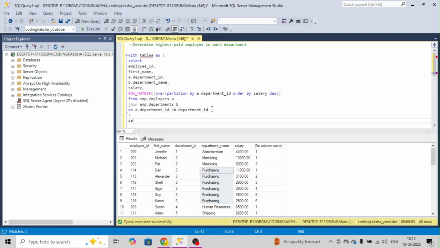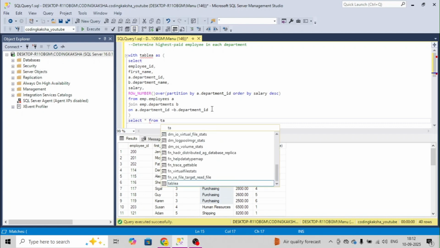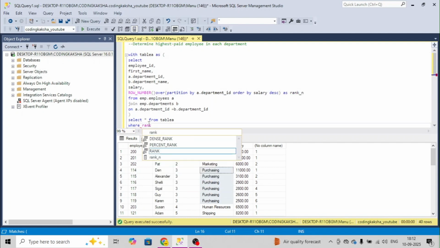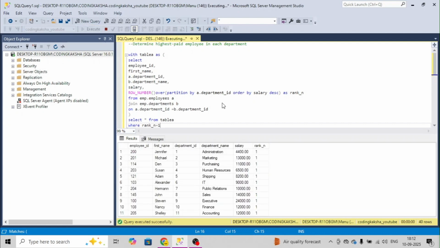Then we will use select star from table A, with a where condition on rank n, where rank n is equal to 1.